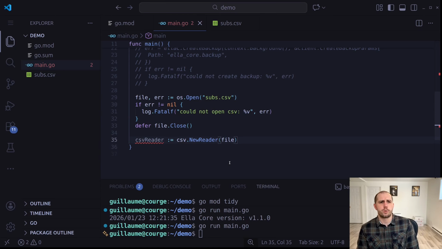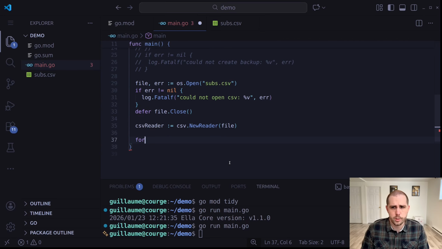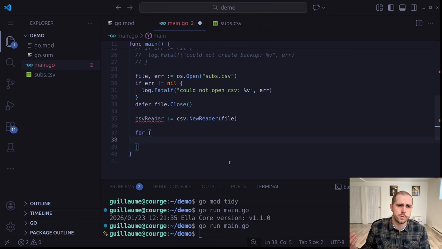And the way that this reader works is that we'll need to create a for loop. And every iteration of the for loop will read a different line.